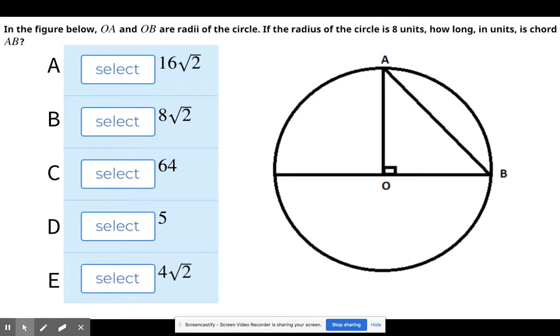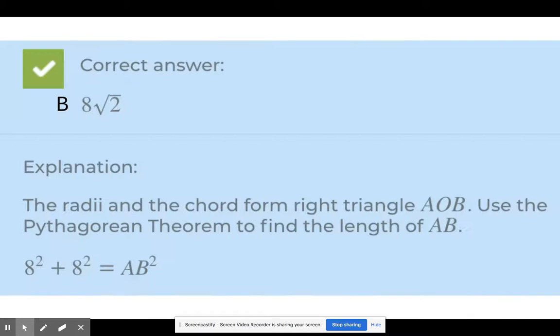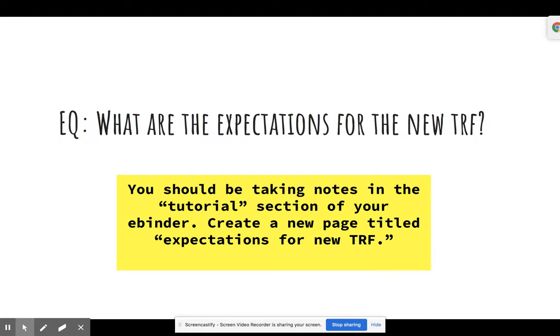All right, here was our ACT practice question for the day. So go ahead, take a second and see if you can figure this one out. Pause the video and see if you can work through this one. So here's the correct answer, and there's a brief explanation if you want to pause and spend some time here.